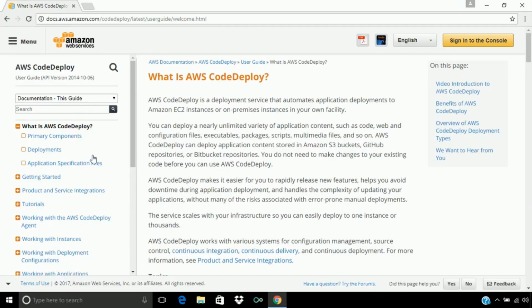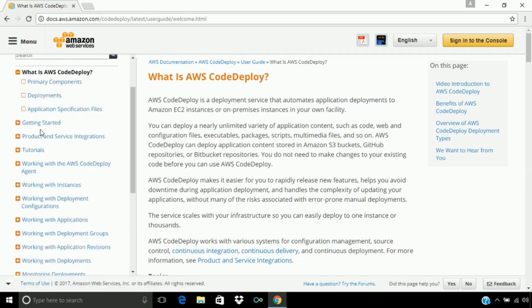In this module, we will see the basics of AWS CodeDeploy, its primary components, its benefits, its different deployment types, and how AWS CodeDeploy works. We will also see the application specification file structure and how it will be used in our deployments. We will also set up the environment to work with AWS CodeDeploy, and see the AWS CodeDeploy deployment and how to work with application and deployment group.